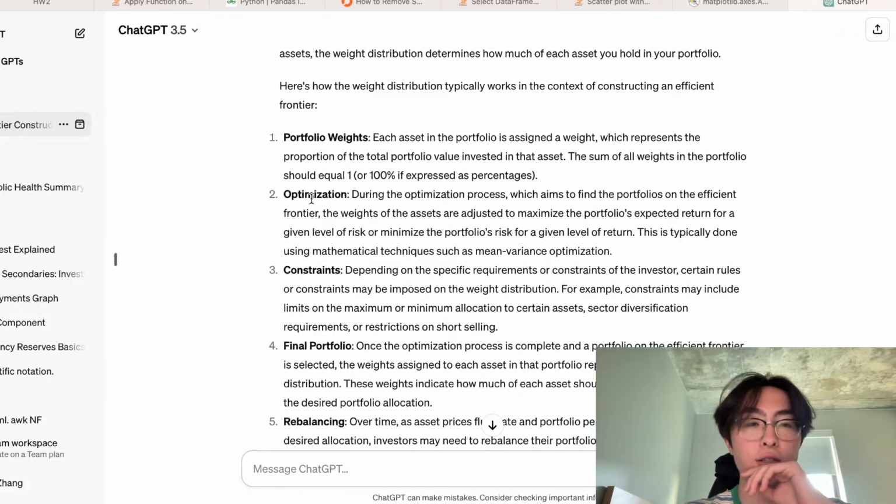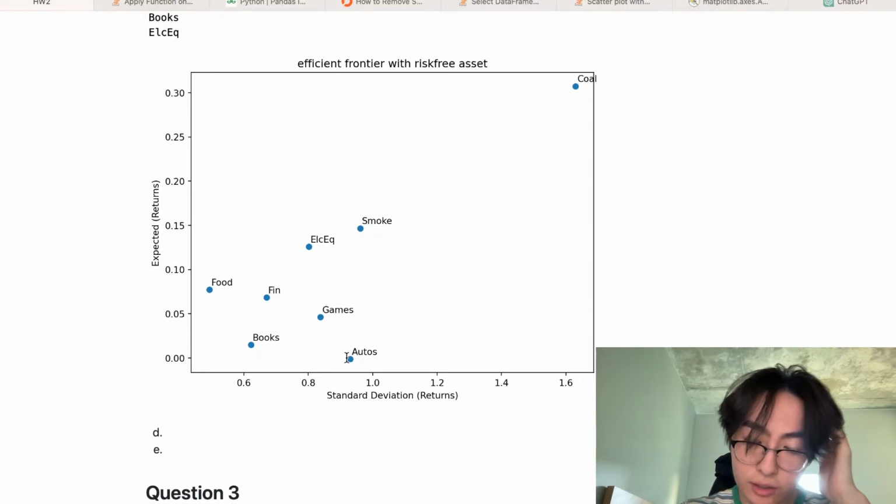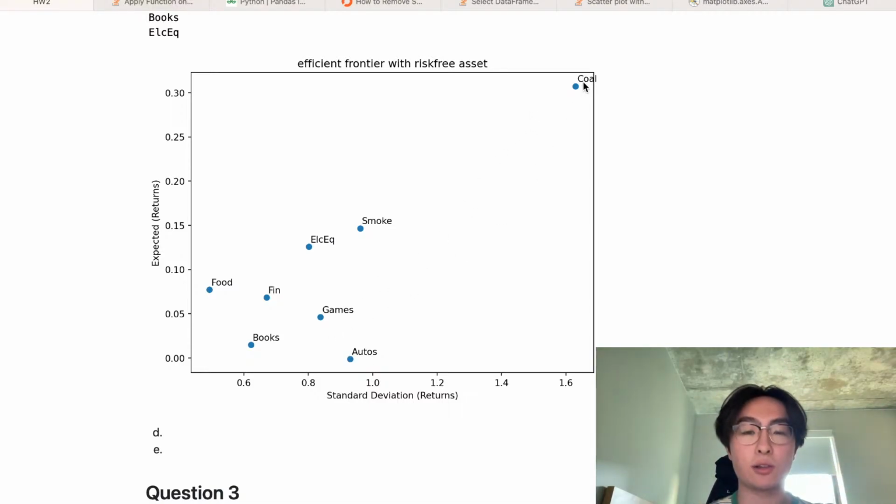Oh, okay, so here's an idea actually, right? Now that I'm thinking about this, this is going to be the highest possible return for a given standard deviation, and this is the industry that will give us the lowest return. So the expected return on autos is the lowest, the expected return on coal is the highest. So when we draw our efficient frontier, really it connects these two. These are the two points where it kind of connects. Now,